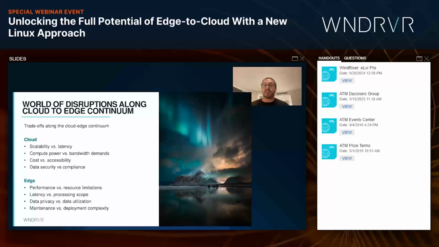On the flip side, we were seeing traditional embedded developers moving into the cloud space where they're developing applications in a develop once, deploy many type of model, where I want to be able to deploy that same particular workload on the edge, in a private cloud, or maybe even in the public cloud. And what that's causing is a bunch of disruption in one, how I develop software, two, the tools and technologies I use to develop that software, and three, how I think about long-term development and lifecycle management of those particular platforms.